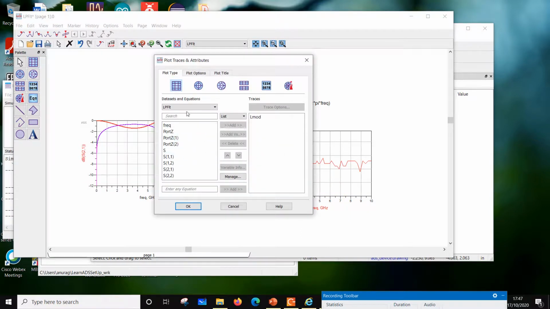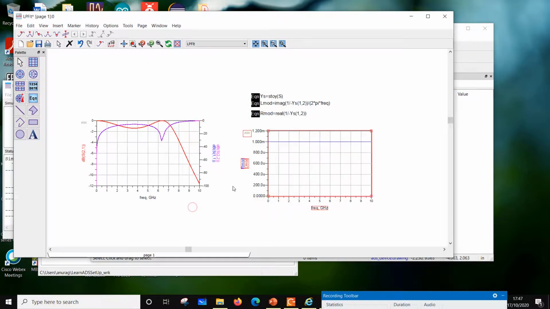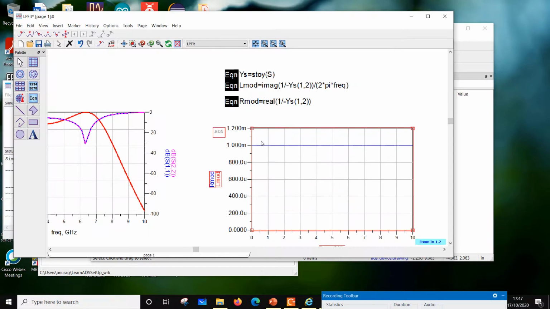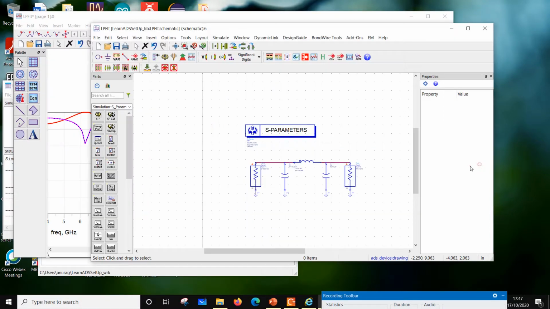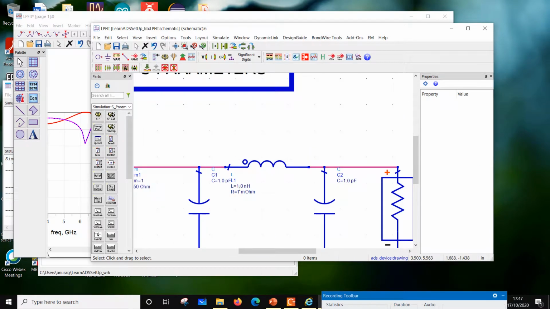So if I go here to equations and say I want to look at the R mod. Okay, so R mod is going to be 1 milli and L is going to be 1 nano, correct? So did we put that? This is 1 nano and 1 milli.